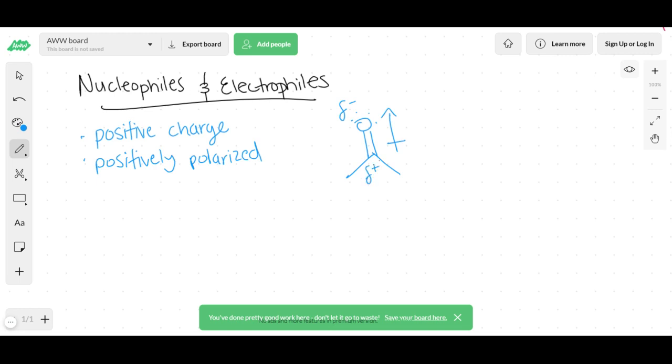This positively charged region is prone to nucleophilic attack from electrons. Since it's partially positively charged, it attracts electrons, which are negatively charged, and electrons are found on nucleophiles. So that's what really makes carbonyls, when attacked from the backside,